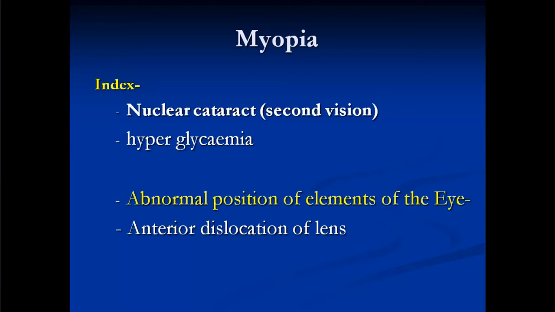So, if we go into the etiology of myopia, it can be because of the increased length of the axis or bigger size of the eyeball, or it is because of more curvature of the cornea, then increased refractive index because of the changes in cataract, then abnormal position of the lens, wherein the lens is placed a little anterior to its original location.